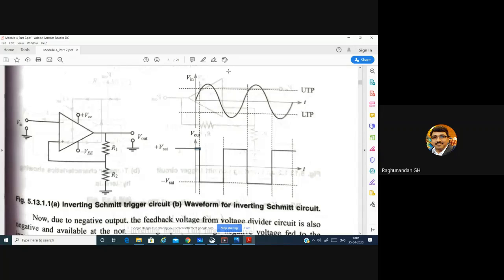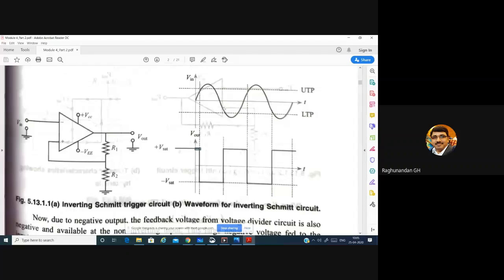You cannot say here it is increasing or again it is decreasing, and change suddenly. Or you can remember it another way: only at the first point where it is crossing, during that first point of crossing, you will be able to change the output. See here in this case, it is crossing here, and again it is crossing here. We will not consider this one. We will consider only this point.